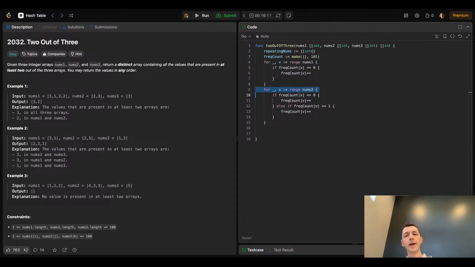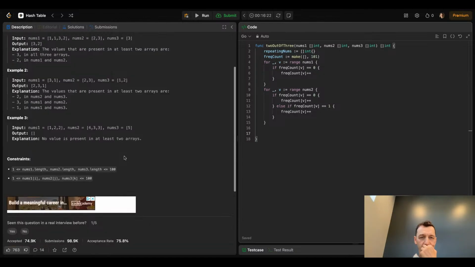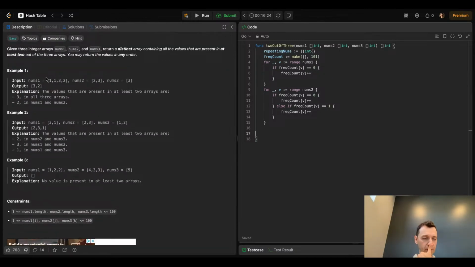Because why are we counting it if it's 0? We want to then compare it with the third array. So we're kind of dealing with 3 sources here, 3 pairs. We're dealing with 3 pairs, and we want to